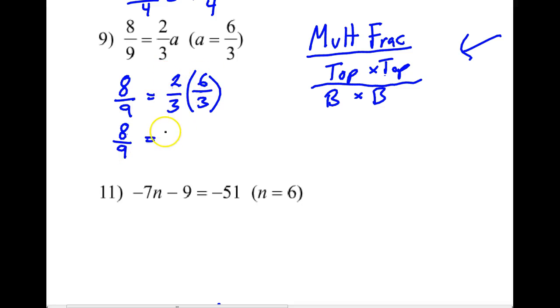Okay, so it's 8 over 9 equal 2/3 times 6 over 3. 2 times 6, top times top, bottom times bottom. And these have the same denominator, so since the tops aren't the same, then no. That means 6 over 3, which is really 6 divided by 3, which is 2. That's not a solution. So if this is an answer you got on the problem, this is when you go back to the original problem and try again. And you keep going, then check it to see if that answer is right. You keep on checking until you run out of time or you get the right answer.